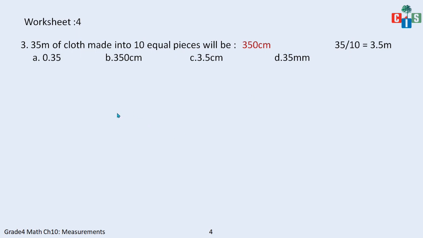Clear? Fine. Now let's have the B part, which says a medicine dropper will hold 2 liter of medicine. Now you remember kids, the dropper which is used for the medicine purpose, it's very small. How can it hold 2 liter of medicine? It will have a smaller unit because this dropper is itself a smaller object. So it will have not 2 liter but 2 milliliter because it's too small. So only 2 drops I can say it will have. So it will be 2 milliliter. Milliliter is a smaller unit.